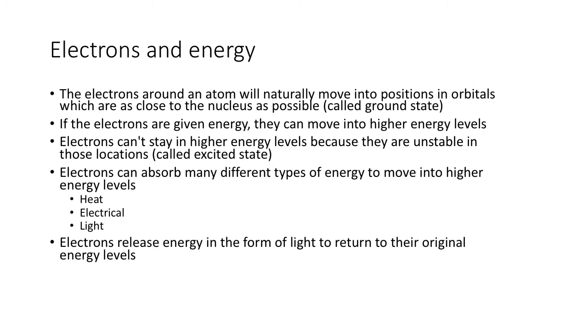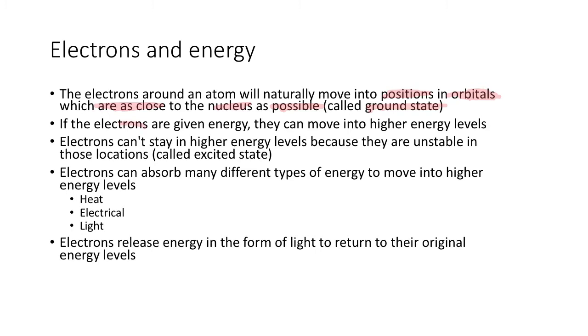Electrons and energy. So let's have a look. Electrons around an atom will naturally move into positions in orbitals which are as close to the nucleus as possible. They don't stay stationary. They move within those regions of space in those orbitals. The important thing is that they are as close to the nucleus as possible, and this is called their ground state. So, in everyday life, they're in this ground state where all the electrons are close to the nucleus as